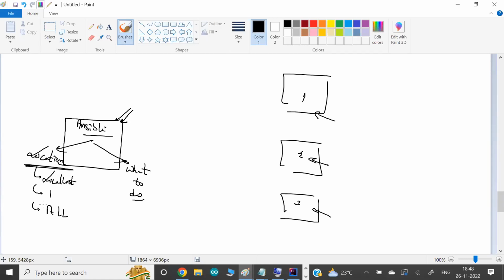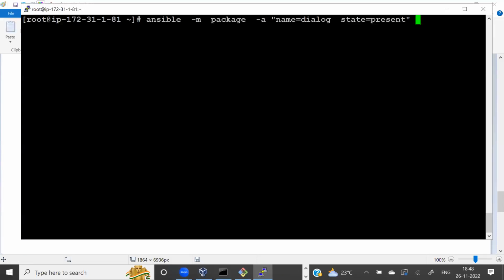For this, we have to do some kind of setup. This is called inventory. What inventory? We'll see. I'll try to show you today, otherwise in the next class. But Ansible has the capability. Over here, you write something: I want to do only IP1, or I want to do only IP2, 3 and 4, or I want to do all the computers that are available. Or I want to run this in the same system where I'm running Ansible, localhost. How to run on the other computers, that's the interesting discussion we will do in some time.